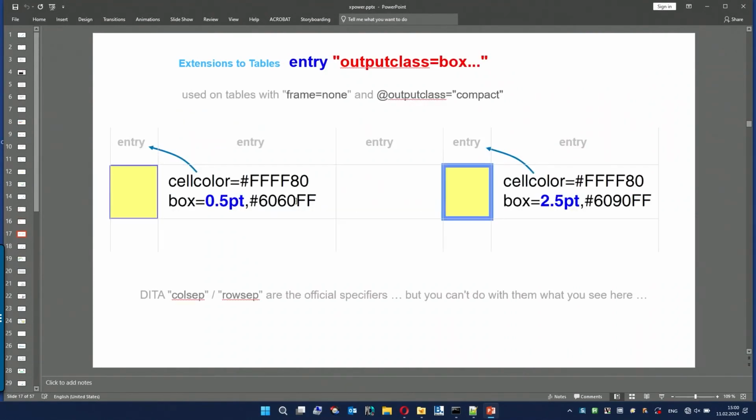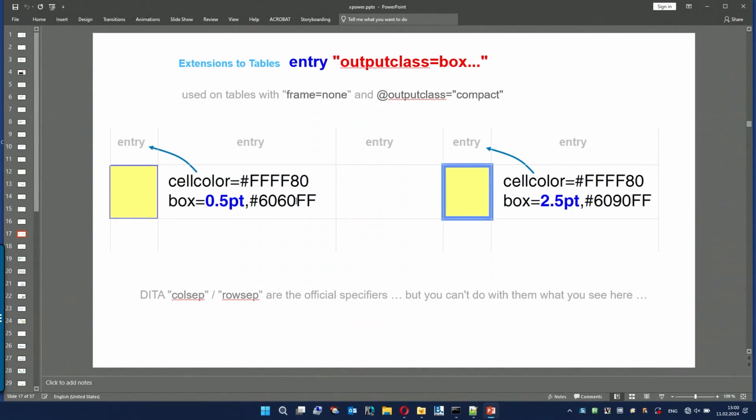And now, when I started to do forms and not just writing a text of a technical documentation, I would want to have this like a table frame equals 1 and output class compact, whatever you want. So it's kind of a table you can't see, but what you would do, you want to have boxes in there where you can cross, whatever you do. And there I had developed a syntax that you can say, okay, the cell color will be yellow, the box will have a line of 0.52, and the color of the actual thing will be this blue RGB, so this is the color of the line. You can do that very easily,